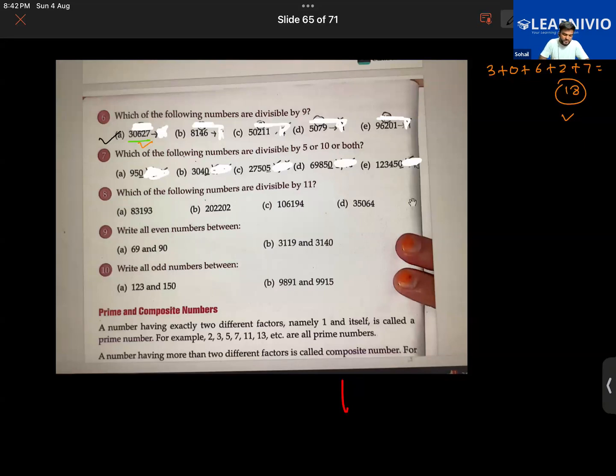Very good. What about option number C? Sir, it is divisible. Very good. Because the sum of the digits is